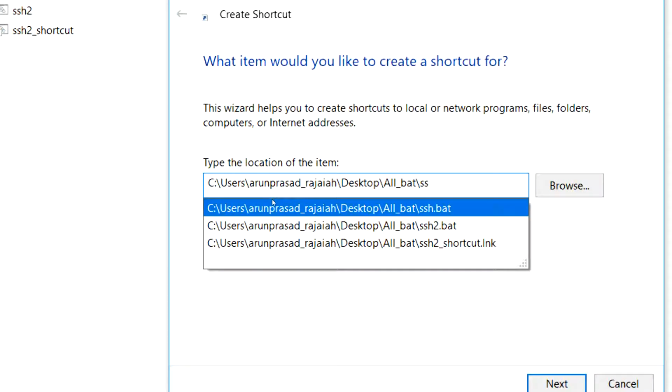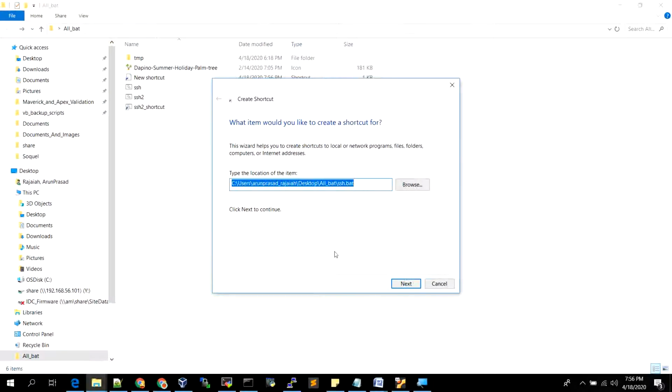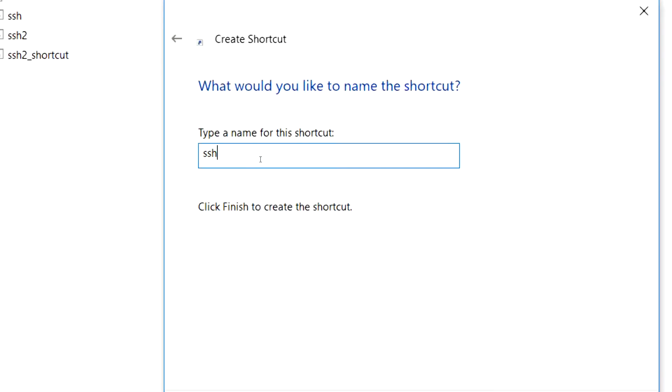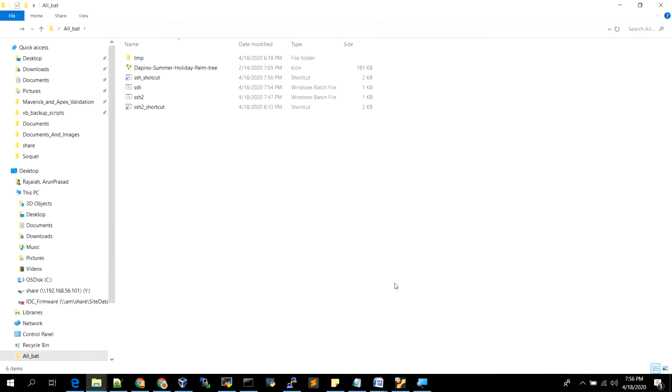Now here the target is ssh.bat. Click next, and you have to give a name for this shortcut. I will give ssh underscore shortcut. Finish it.